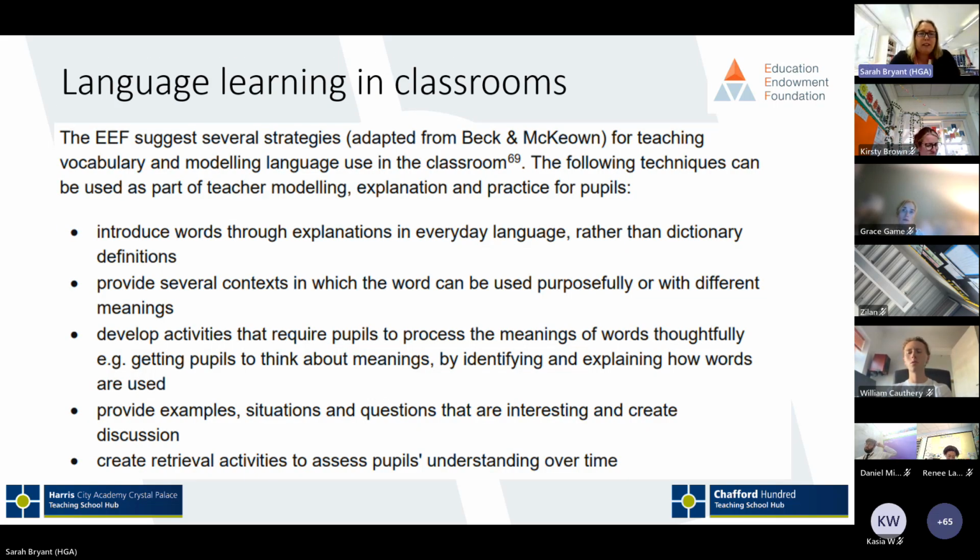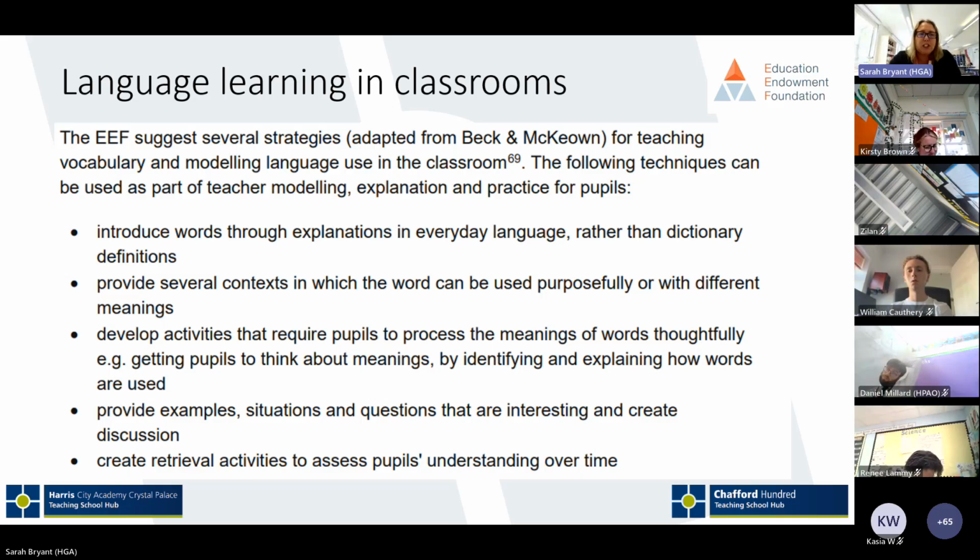So the EEF, in its guidance on language learning in the classroom, suggests several strategies for teaching vocabulary and modelling language use. The following techniques can be used as part of teacher modelling. We can introduce words through explanations in everyday language rather than dictionary definitions. We can provide several contexts in which the word can be used purposefully or with different meanings. We can develop activities that require pupils to process the meanings of words thoughtfully,